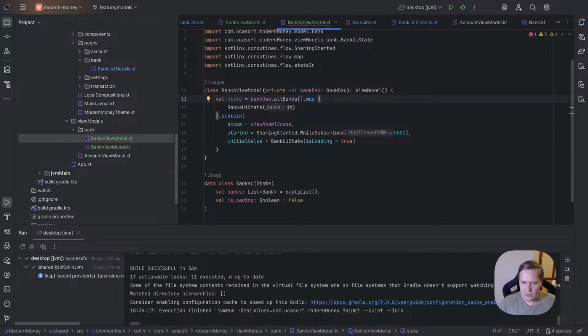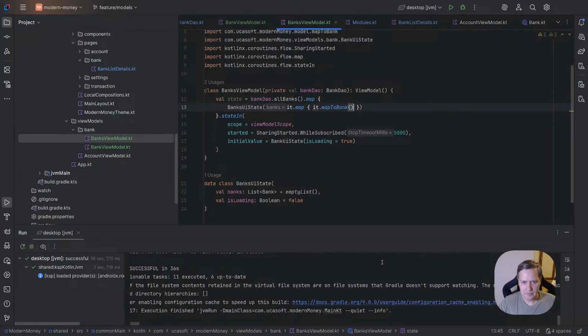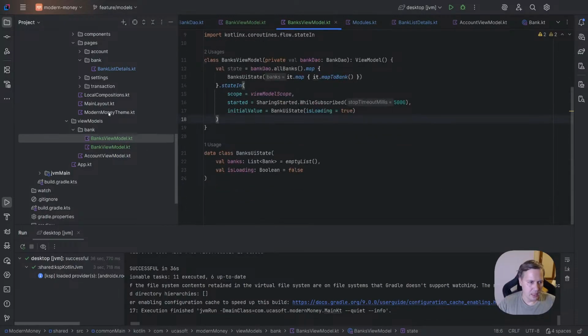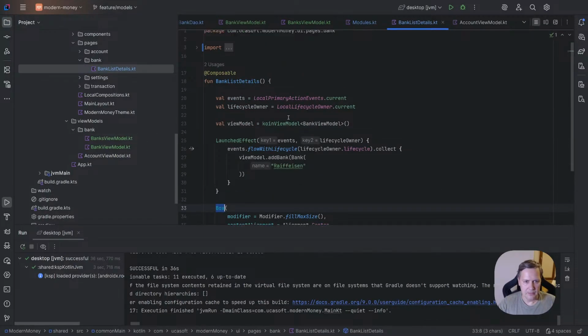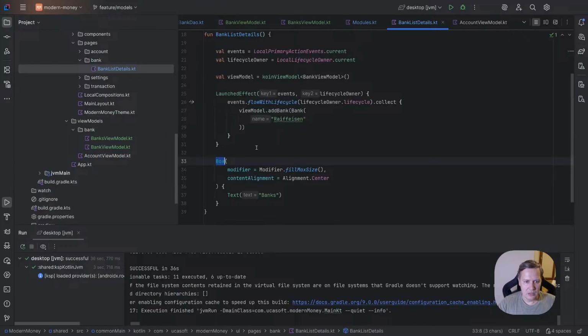Of course, it's two different lists, so we need to map it as well. And here we need to map, of course, map to bank. Okay, cool. So we have banks UI, and in this case here in list, we already need to change